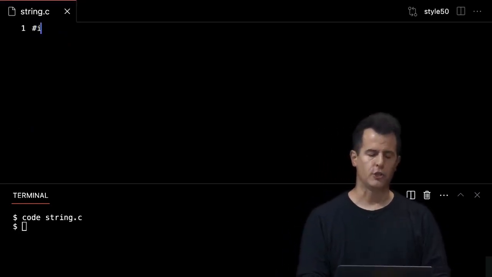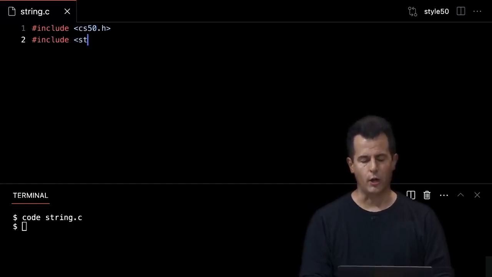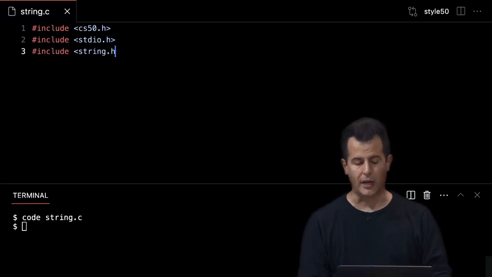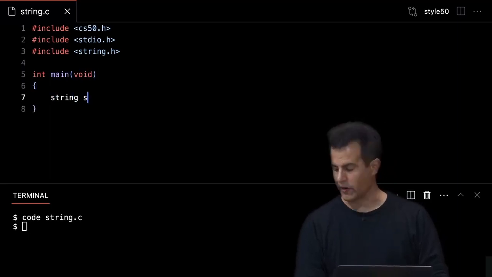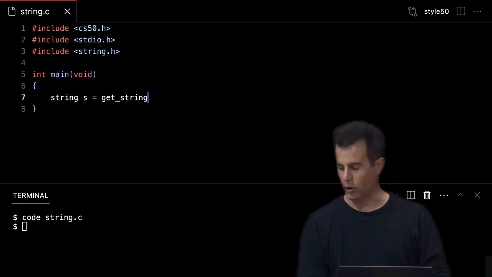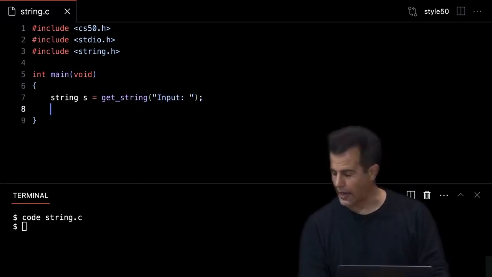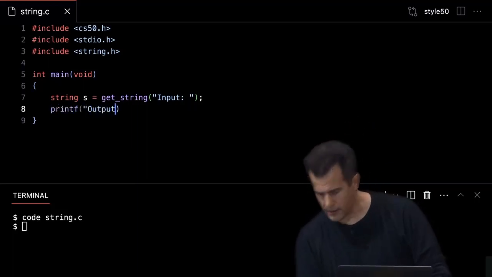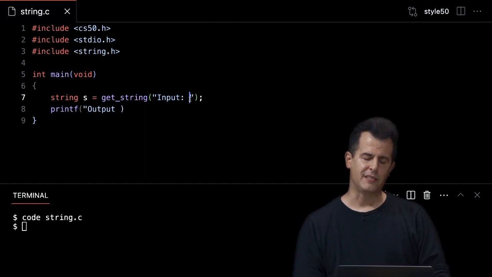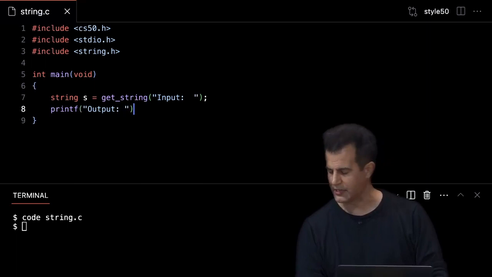That's going to start similarly. So let's include cs50.h. Let's include standard io.h. Let's include string.h, so we can use that same strlen function, int main(void). And inside of this, let's do this. Let's get a string s and prompt the user for any old string as input. All right, and then let's go ahead and maybe print out, quote unquote, output. And I'm just going to line up my spaces just right because these words are slightly different lengths, but we'll see why I'm doing this. It's just for aesthetic's sake in a moment.